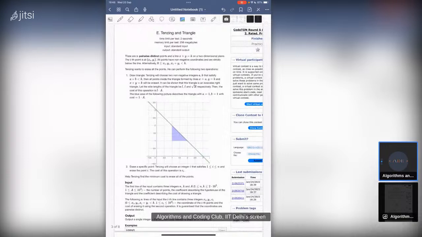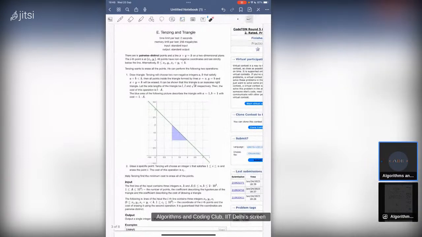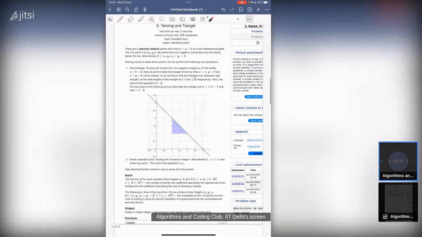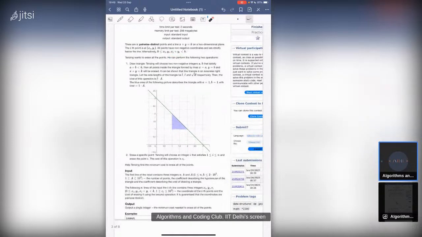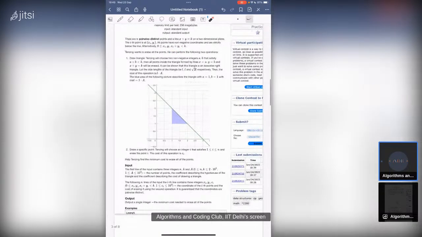We are given n pairwise distinct points and line x plus y equal to k such that all the points lie strictly below this line, like all the points that have x plus y less than or equal to k minus 1. So we are given n such points and we have two kinds of operations. Either we can draw a triangle, any triangle that touches the given line,